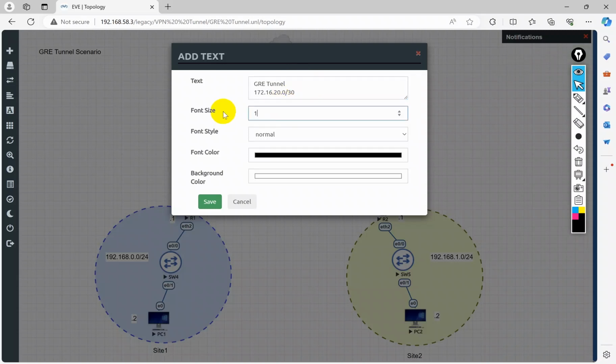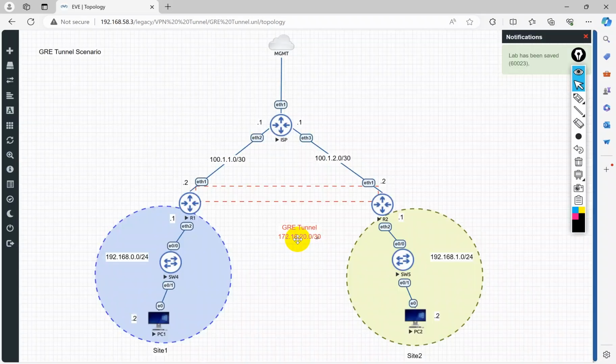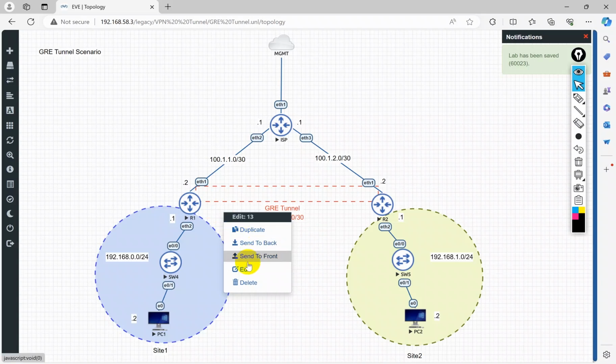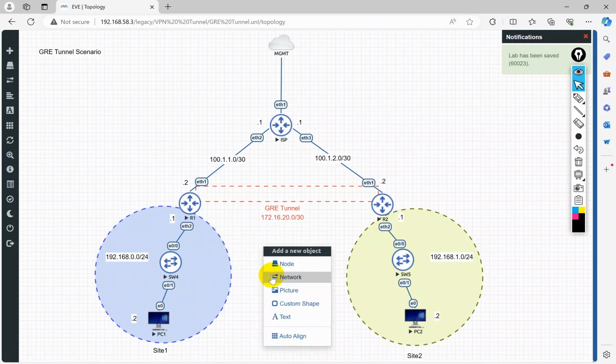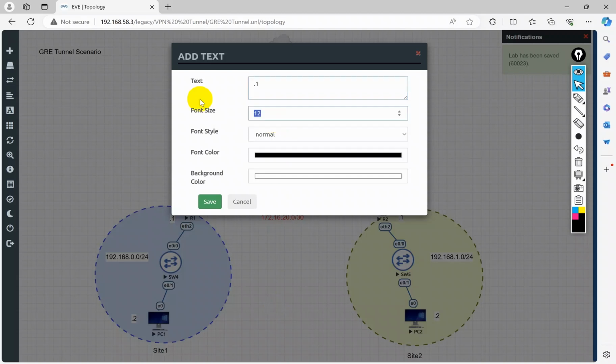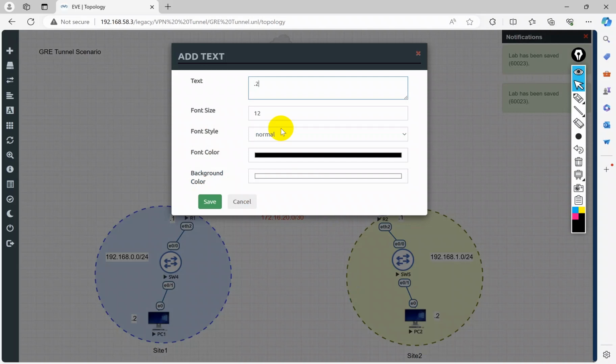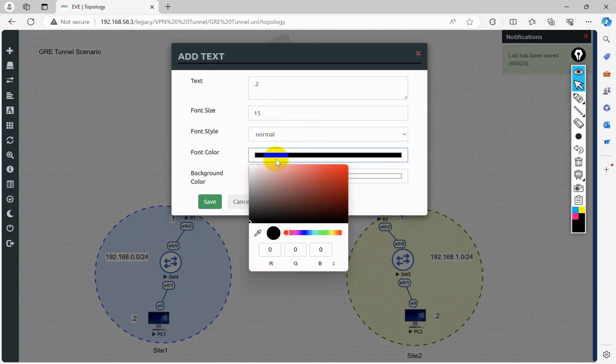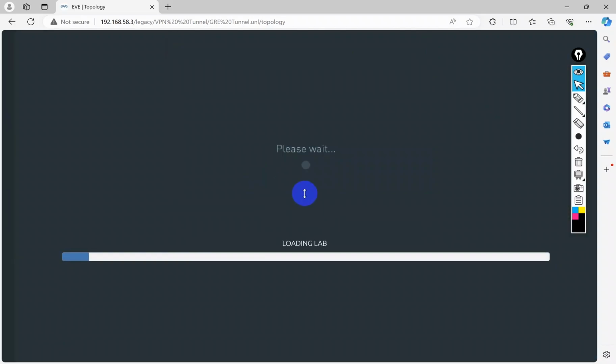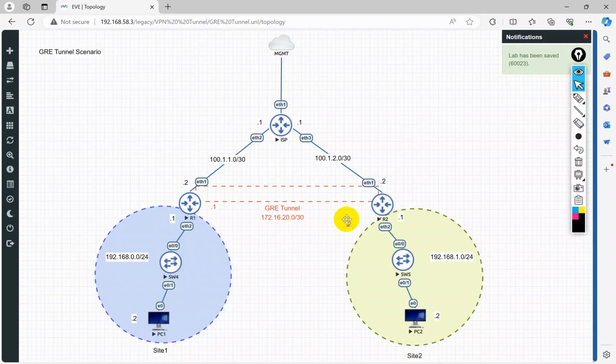For example, I use this range of IP addresses, and here should be the first IP address from this range, from this broadcast domain, and on the other side we will configure the second IP address. I mean the third IP address, because I use a /30 here, and here we have